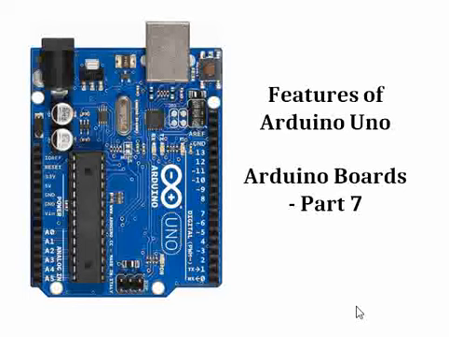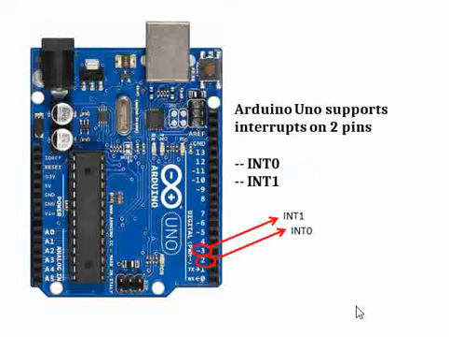We will continue our discussion on various features of Arduino Uno boards. So the first thing we will talk about here is the interrupt pins on the Arduino board. Arduino supports two external interrupts on its pins. Those are basically the circled ones here, INT0 and INT1. Other than this, there are other pins that support interrupts, but these interrupts basically are something where when an interrupt